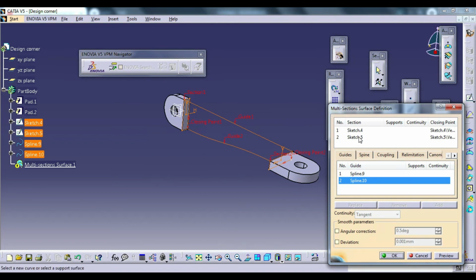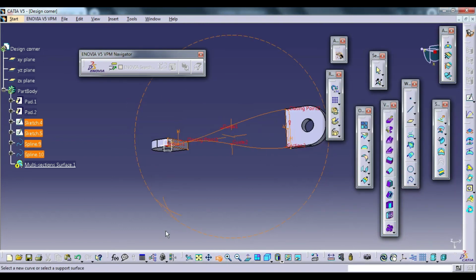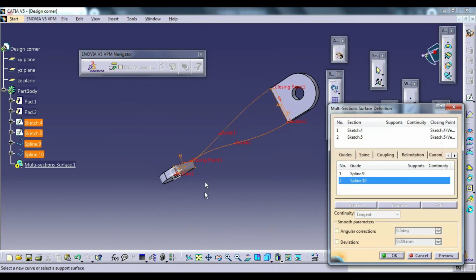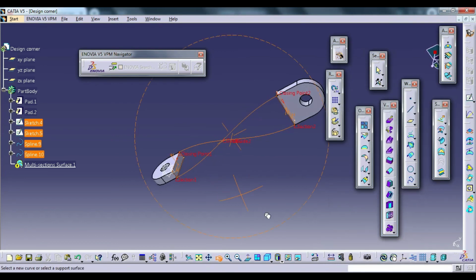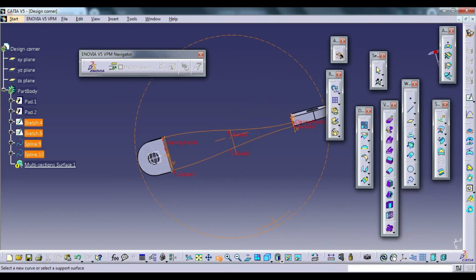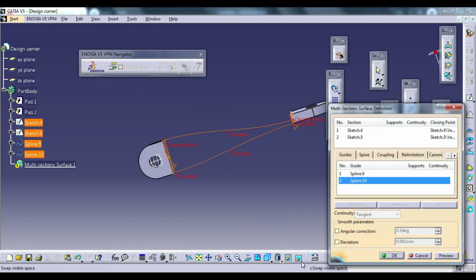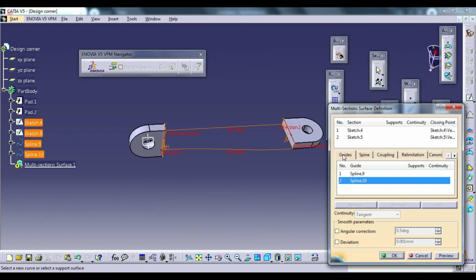You see the closing points. If one is on the inner side and another is also on the inner side, then change the closing point. Click sketch 5 and right click, replace the closing point.